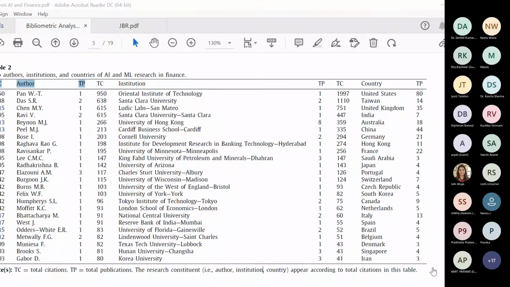So let me move to the Scopus, sorry, Web of Science, WOS Viewer software. Unable to see the software.